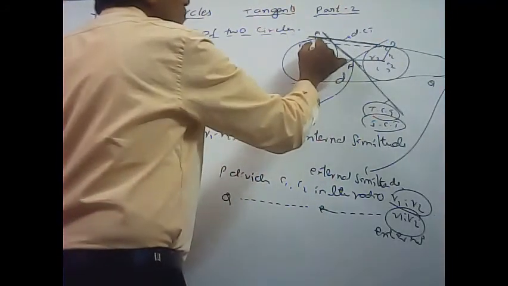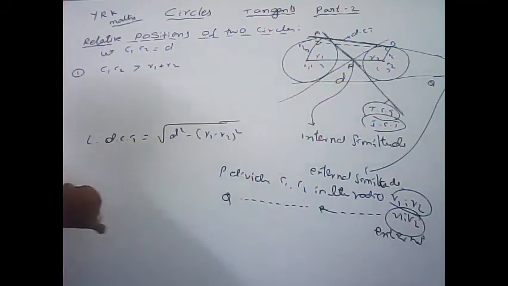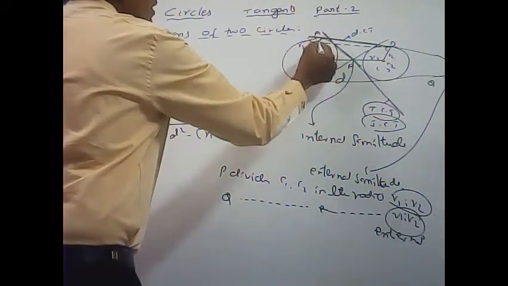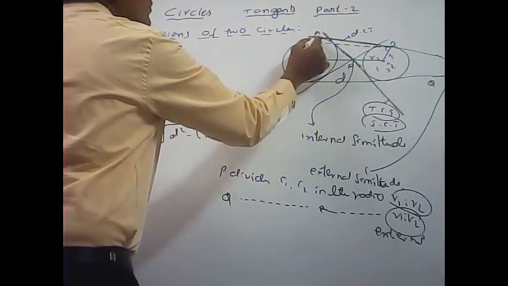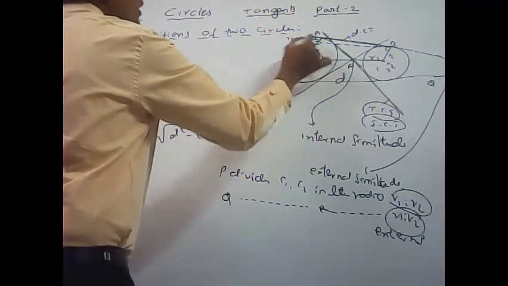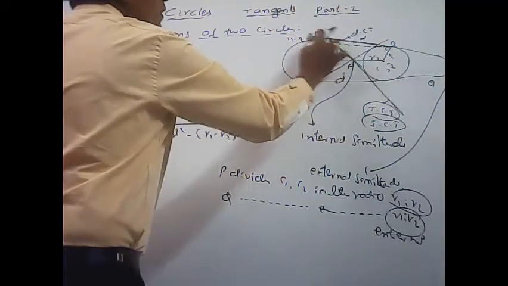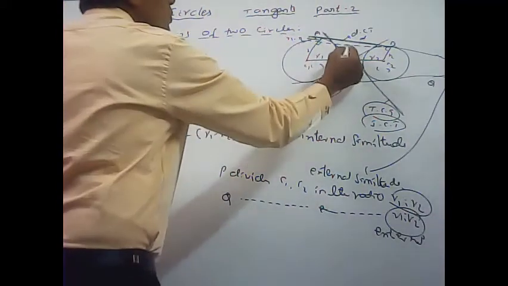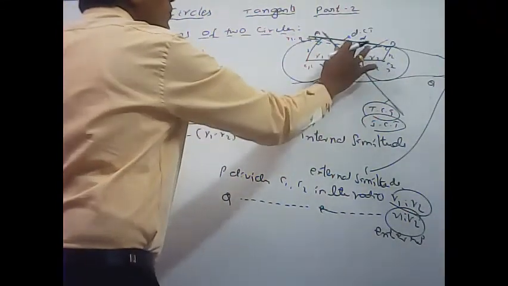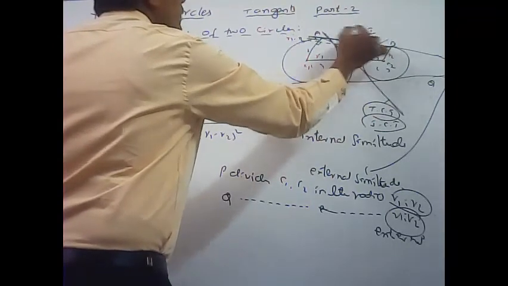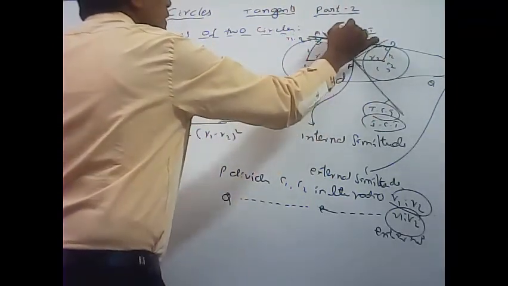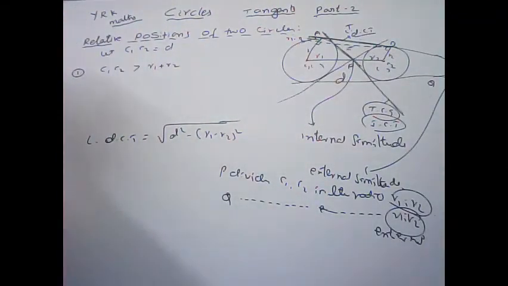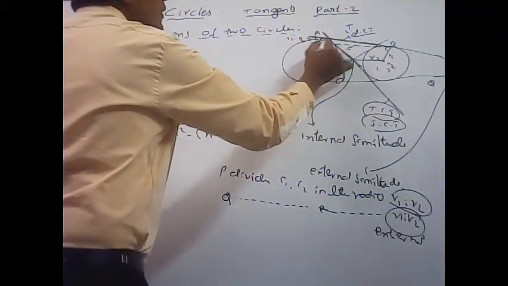Now here, this length we say is R1 minus R2, and this is the length of the direct common tangent. So d square is equal to, this is a rectangle only, opposite sides are equal. The length of the direct common tangent we are finding, so we can take t as the length of the direct common tangent. This is a right angle triangle only. In this right angle triangle,